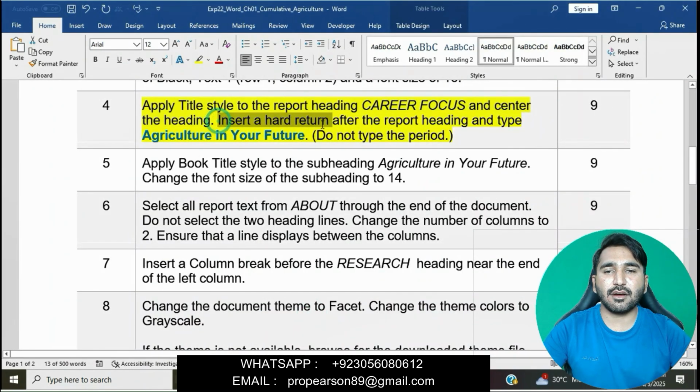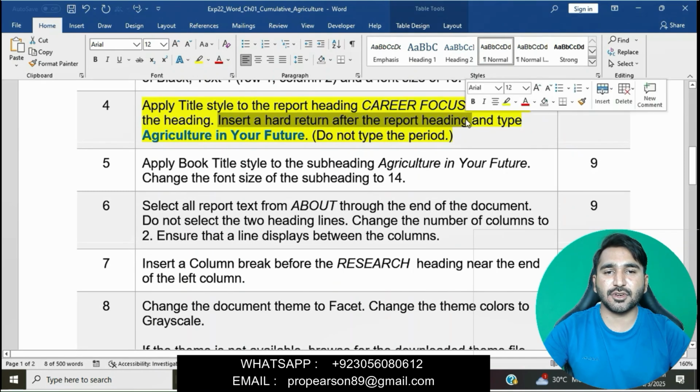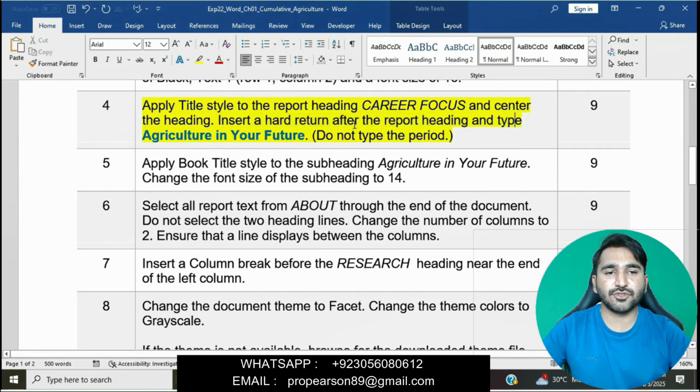Then insert a hard return after the report heading and type Agriculture in Your Future. We will copy this.